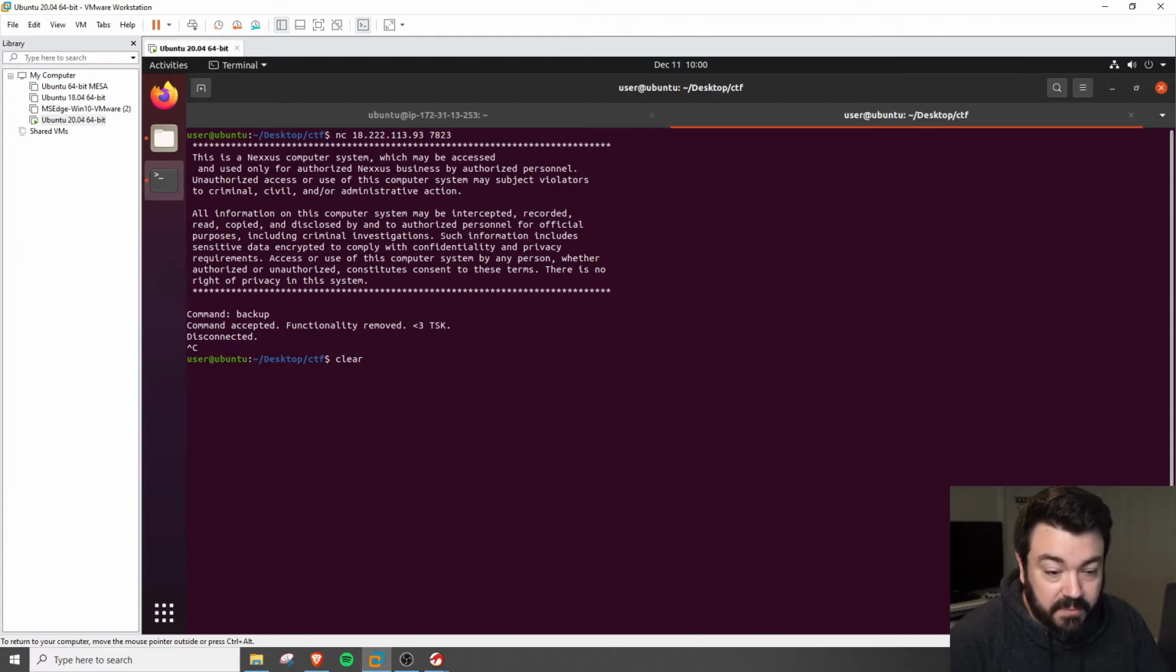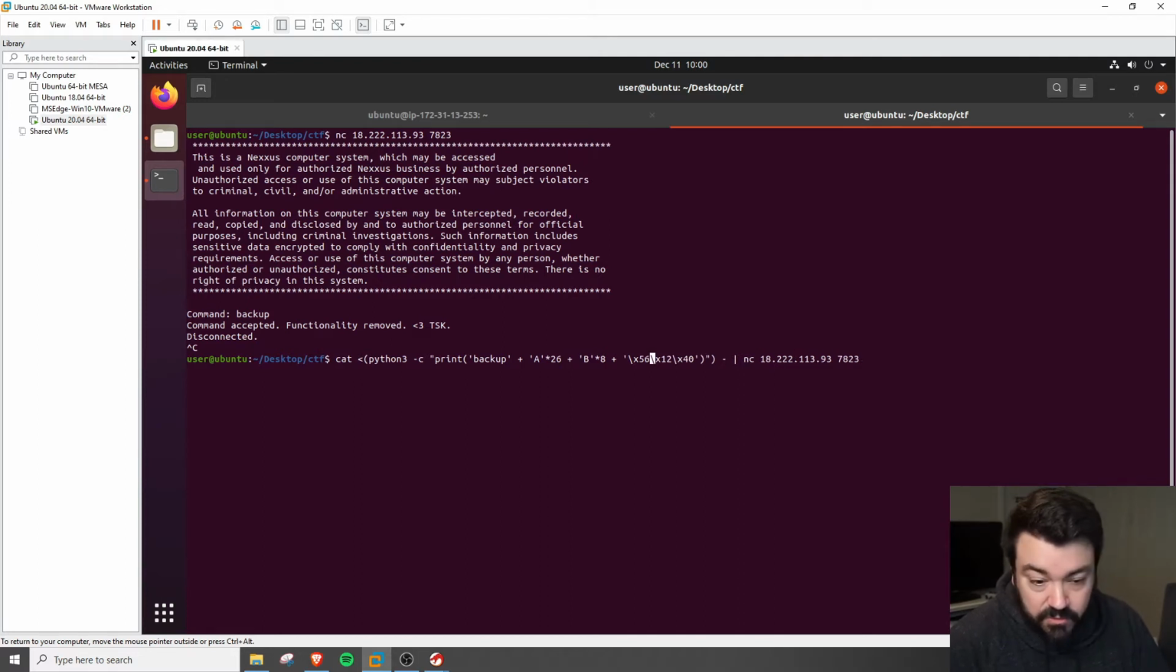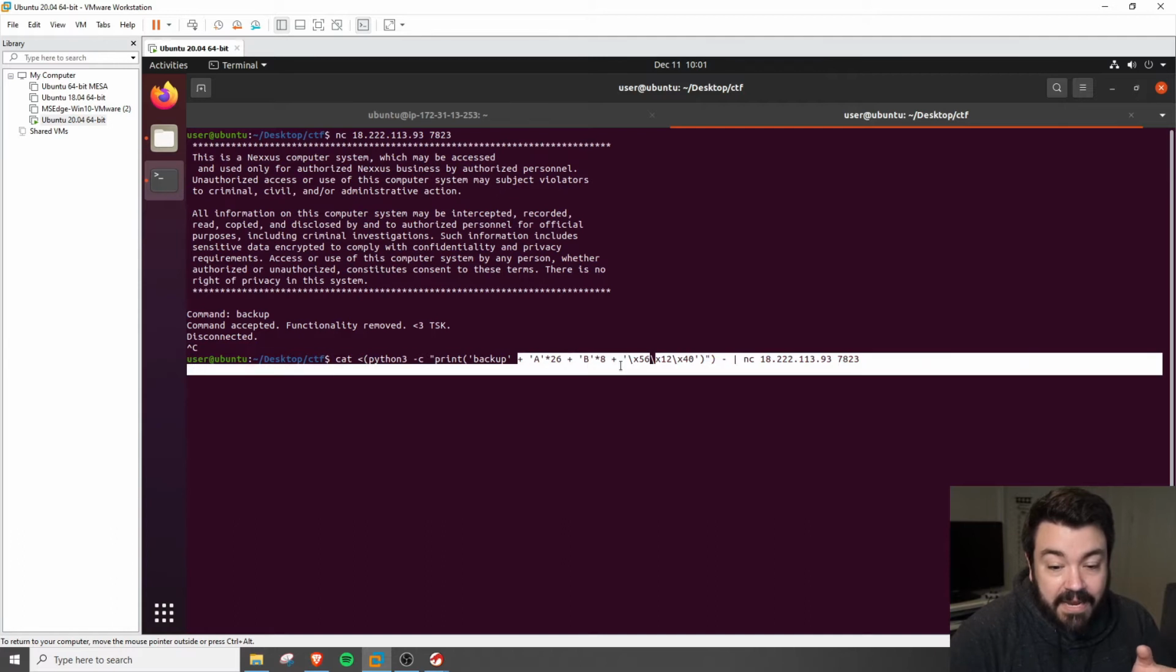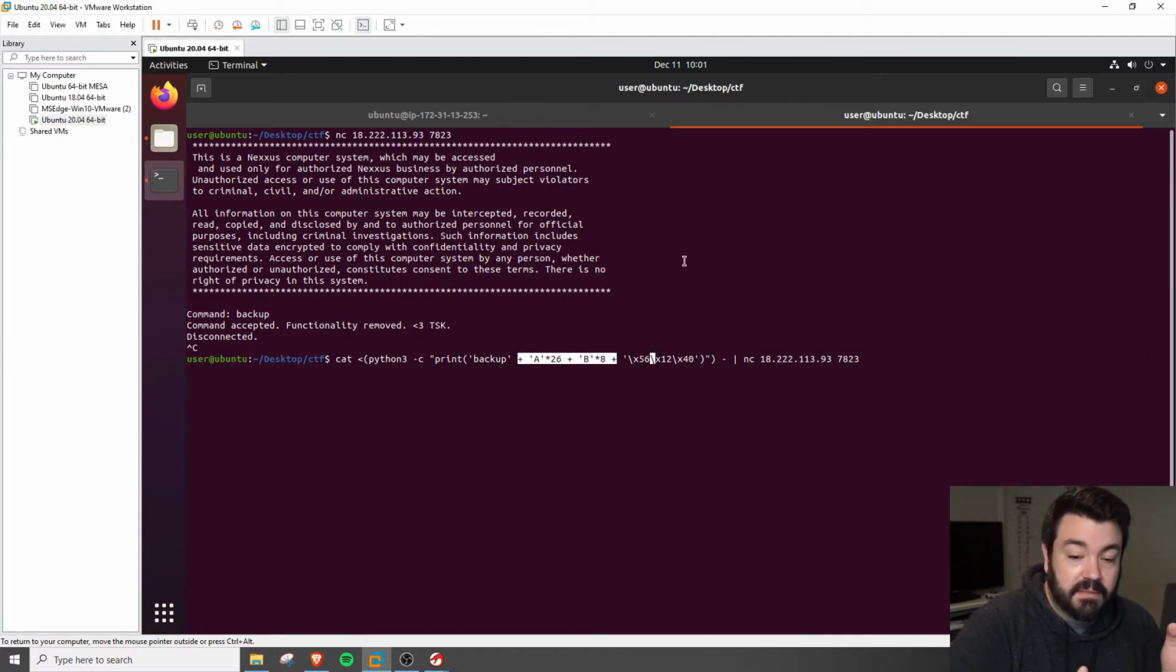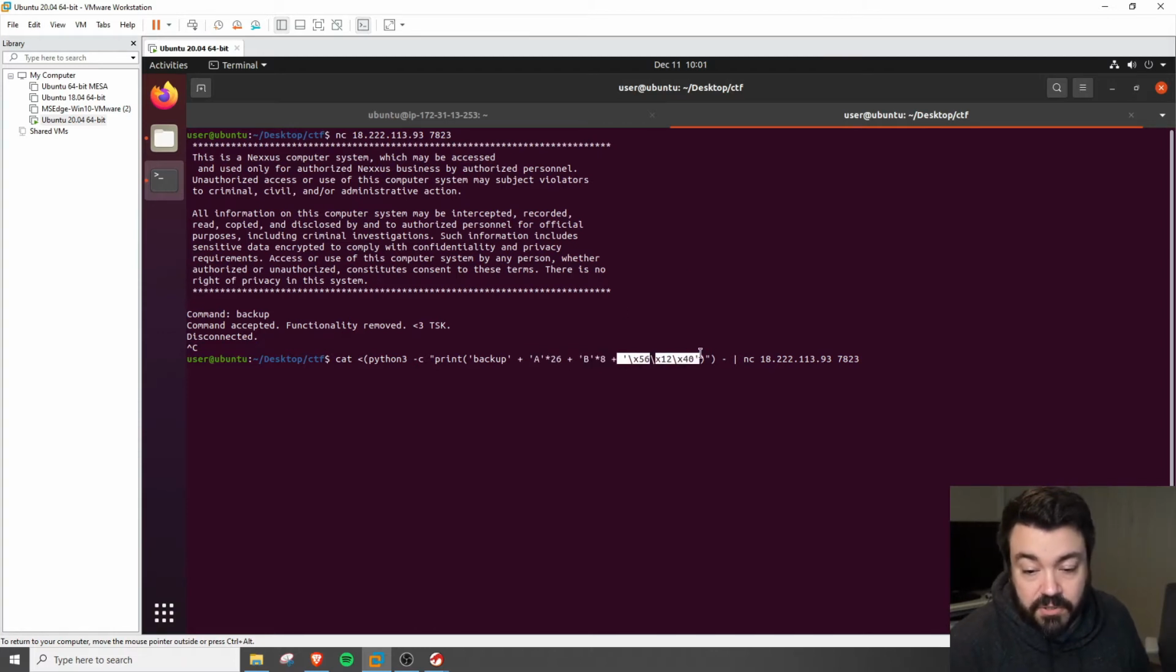What we have to do is calculate what that looks like, the space here. I'm going to change something really fast. The whole cat portion of this is to keep standard in open so we can interact with it. This is the same location where we're connecting. The first part of our buffer is going to be backup. Then we're going to add 26 plus 8 bytes of padding. And that's going to put us directly at the location where we want to overflow and then return. This address,